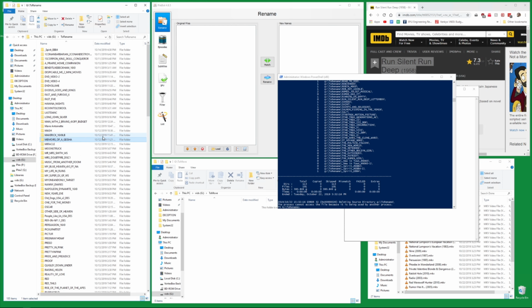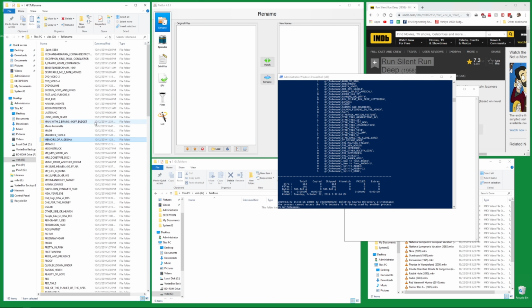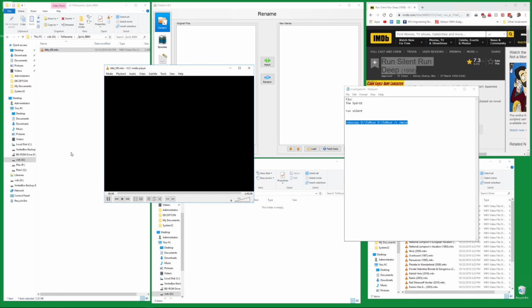Check that out. Isn't that cool? Now, all of the folders that were empty are now gone. So now we're just going to be working out of this ToRename folder. And so here we have all the folders now are the more descriptively named folders, but inside you'll see the files themselves. MakeMKV just made it into